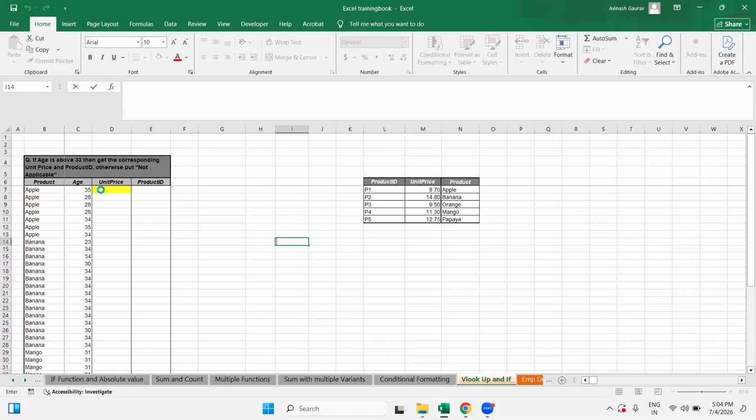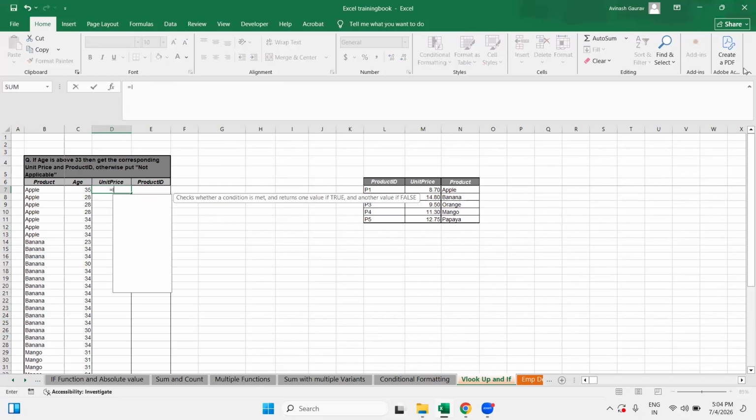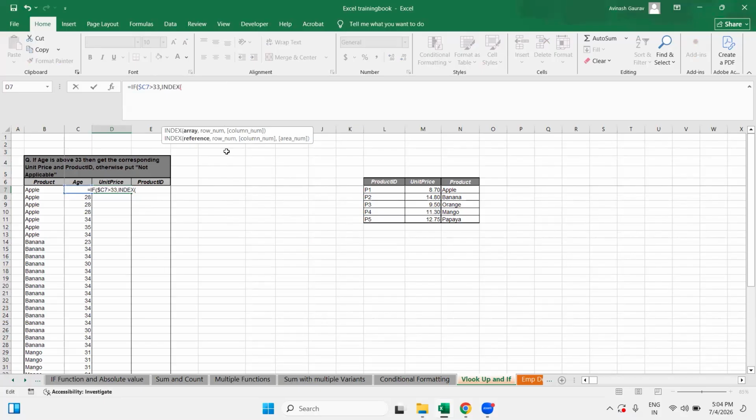Okay, so guys, first of all, there is a logical condition over here, right? And what is the condition? That if the age is above 33, right? So I'm going to write equal to IF this age, and here I'm going to freeze the column. If age is greater than 33, right, then you need to calculate the unit price and product ID, right? So what I can do is INDEX, and my table array is going to be this,